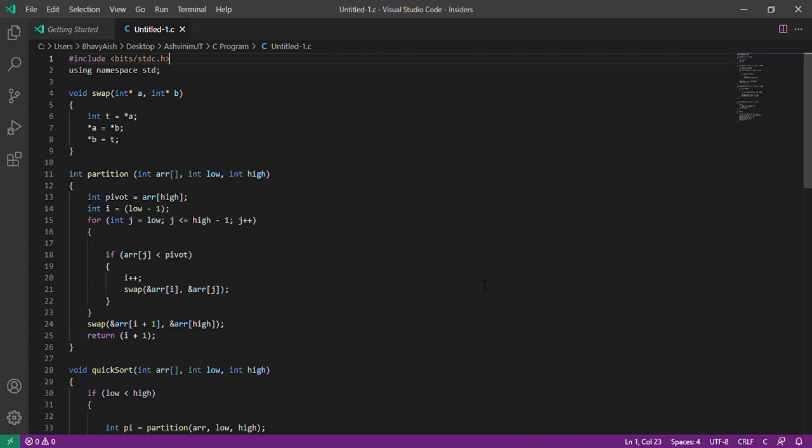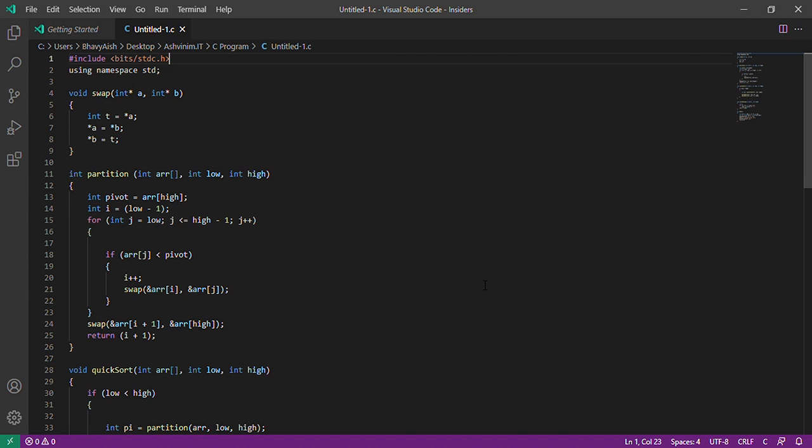There are many different variants of Quicksort that pick the pivot in different ways. First, always pick the first element as pivot. Next, always pick the last element as pivot, or pick a random element as pivot, or pick the median as a pivot. The key process in Quicksort is the partition method.